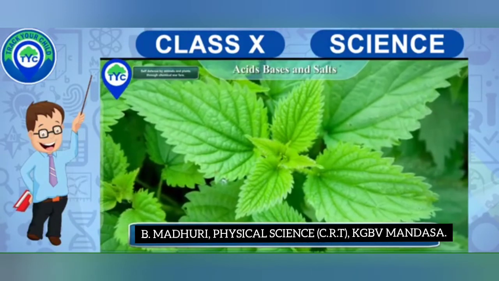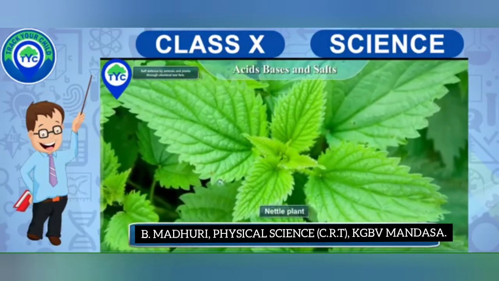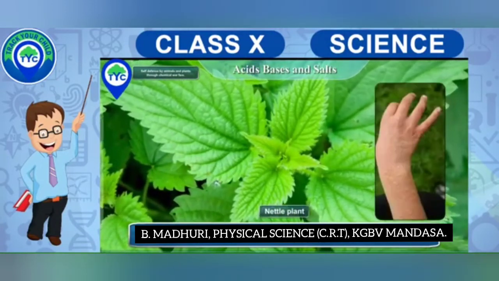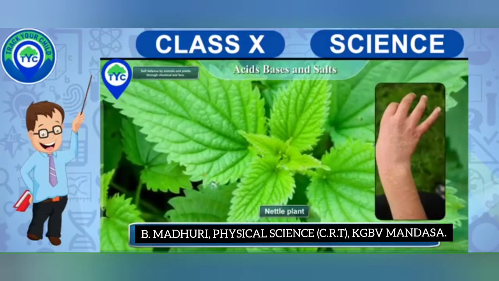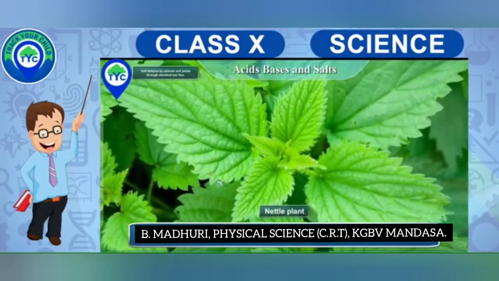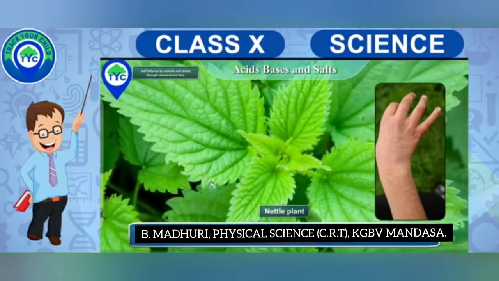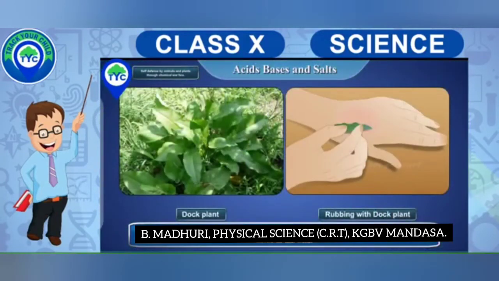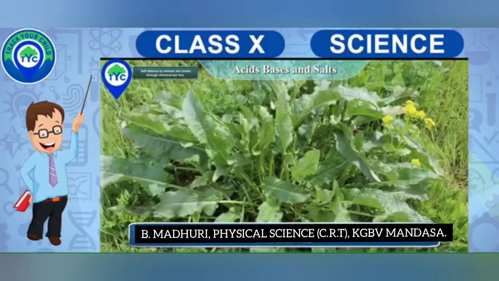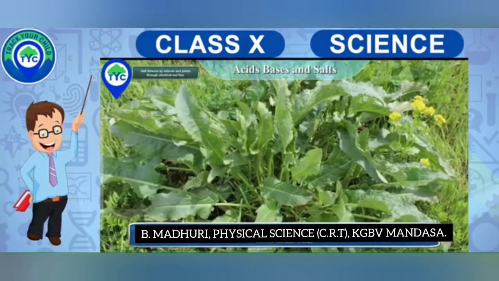Stinging hair of leaves of the nettle plant injects methanoic acid, causing burning pain. Dock plant. A traditional remedy is rubbing the area with the leaf of the dock plant, which grows beside the nettle